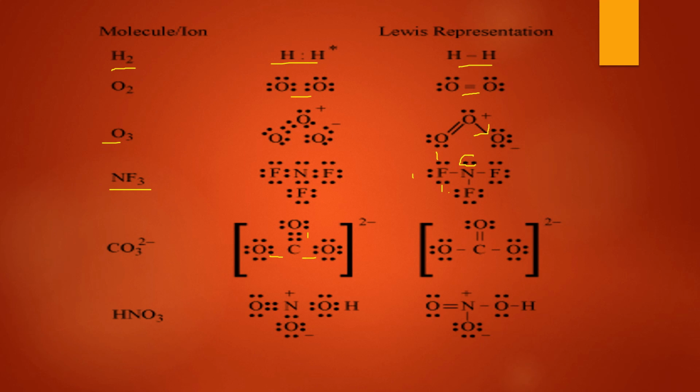Always remember one thing, with hydrogen there will always be sharing of one bond, whichever atom it is. So there is a single bond between oxygen and hydrogen. Here again one single bond. Here there will be a double bond, and then here again a single bond. And there is a positive charge on nitrogen because there is no unpaired electron present on it now. Now this is the formation of HNO3.